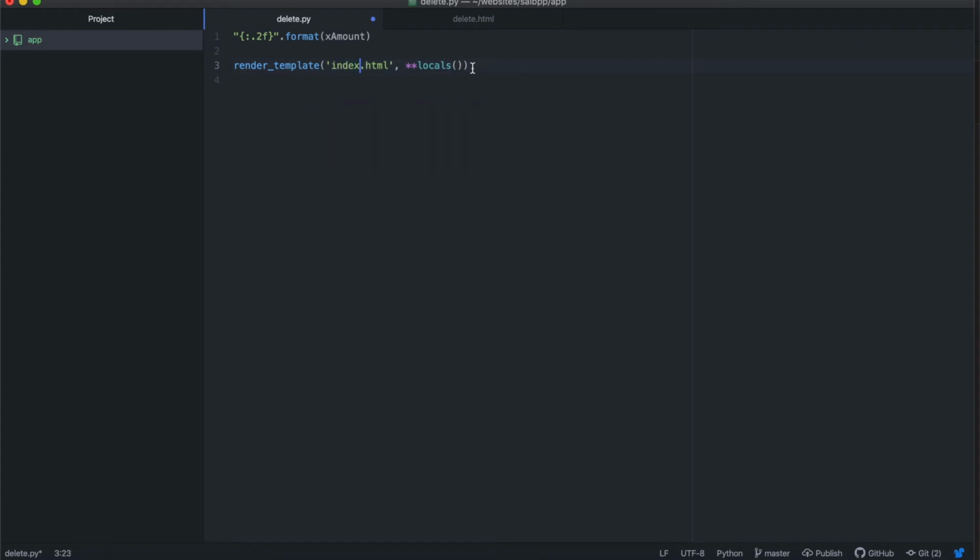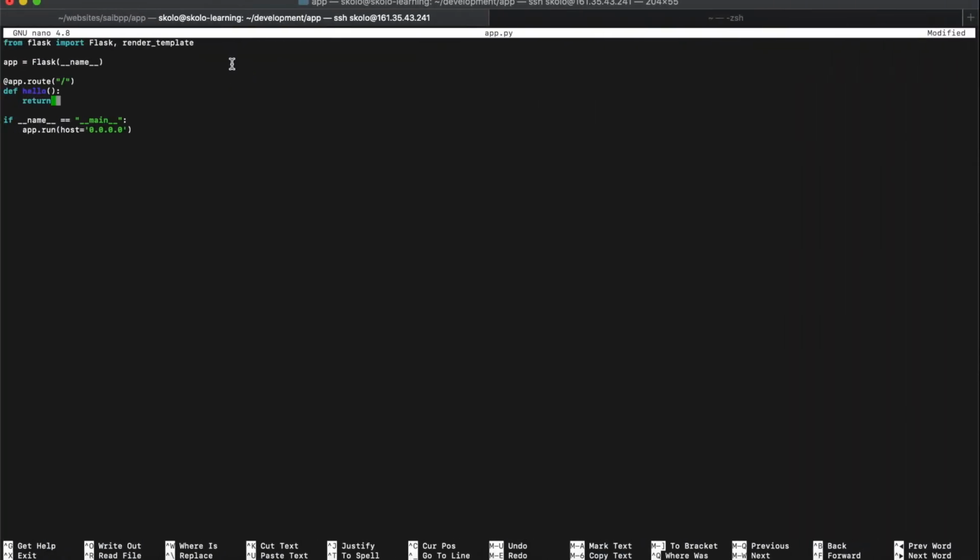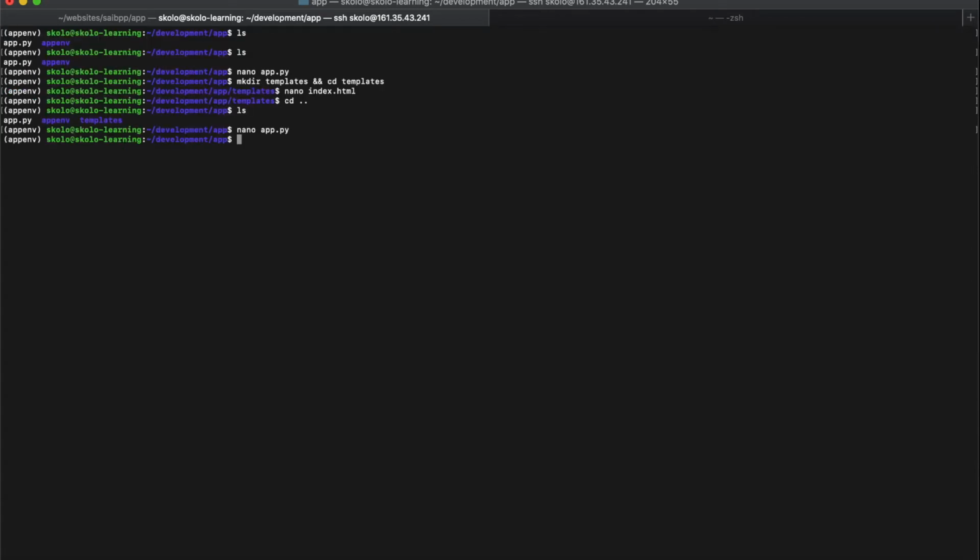And all the locals. So just copy that and paste it like that. What this does is that it returns render template index.html and all the local variables, and save that. Yes. All right. So if we now run the program, python app.py,